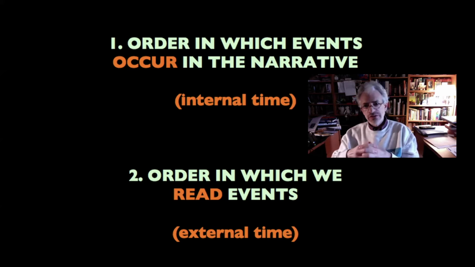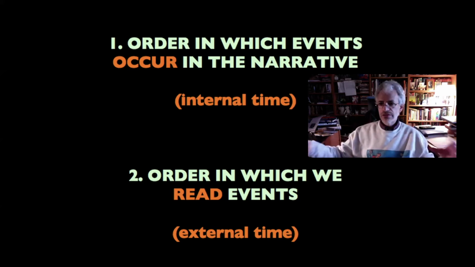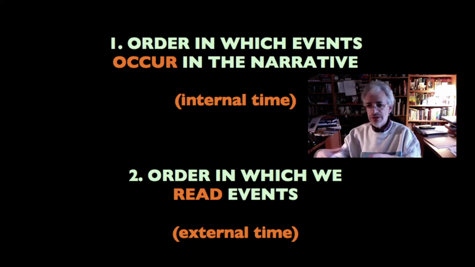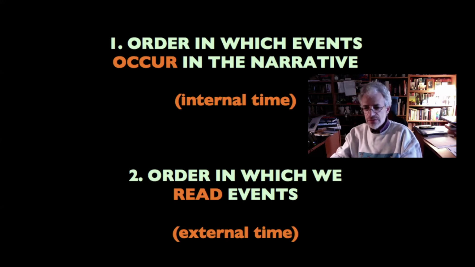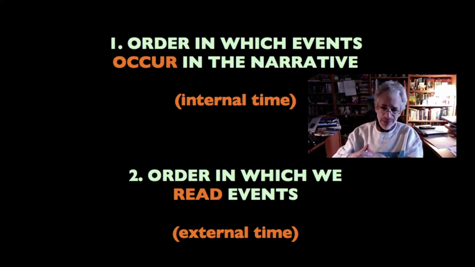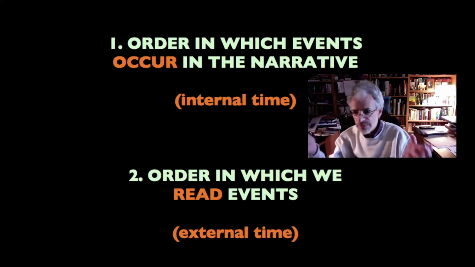So internal time is the internal chronological sequence. External time is the sequence in which we read things. So what's the first thing you read? The first thing you read isn't necessarily the first thing that happens, right? Because let's say the first thing you read is the person's on their deathbed, and they say, and this is